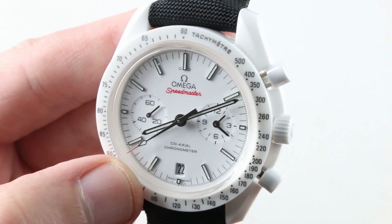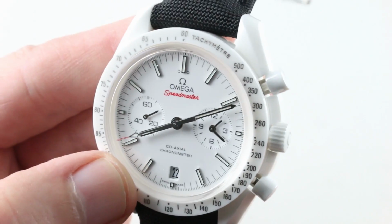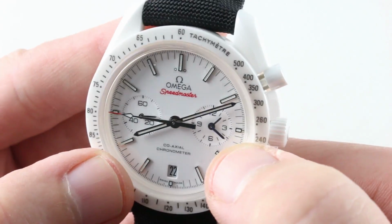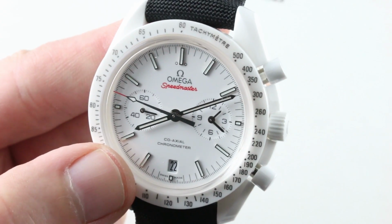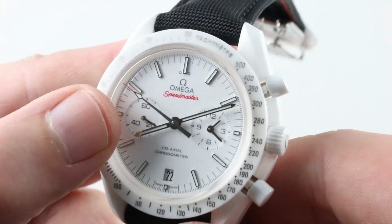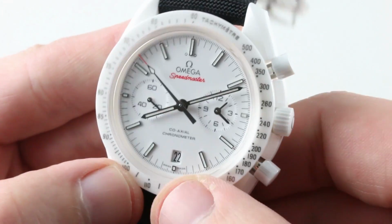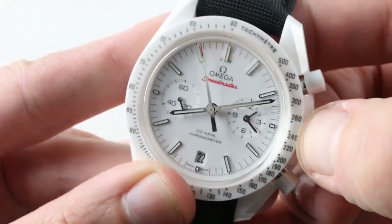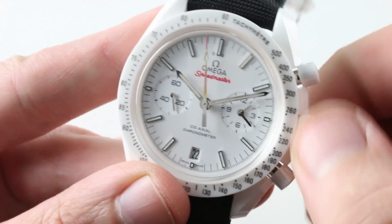Here it's been black oxidized for greater contrast. And you can see all of the indices are applique. You have a mono counter with chronograph minutes and hours at 3 o'clock, and then you have constant sweep seconds at 9 o'clock. There is a date window at 6, and the caliber 9300 does feature the time zone function, so you have